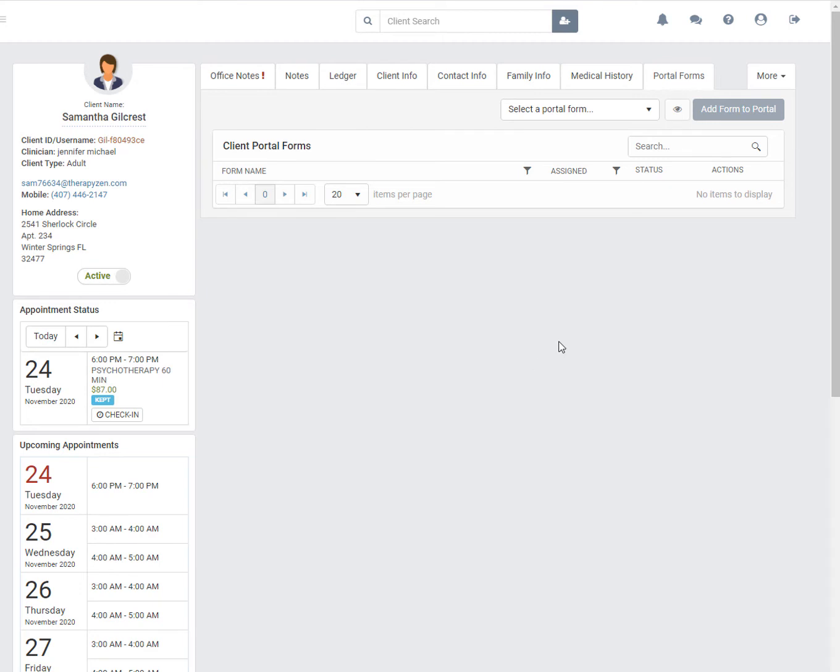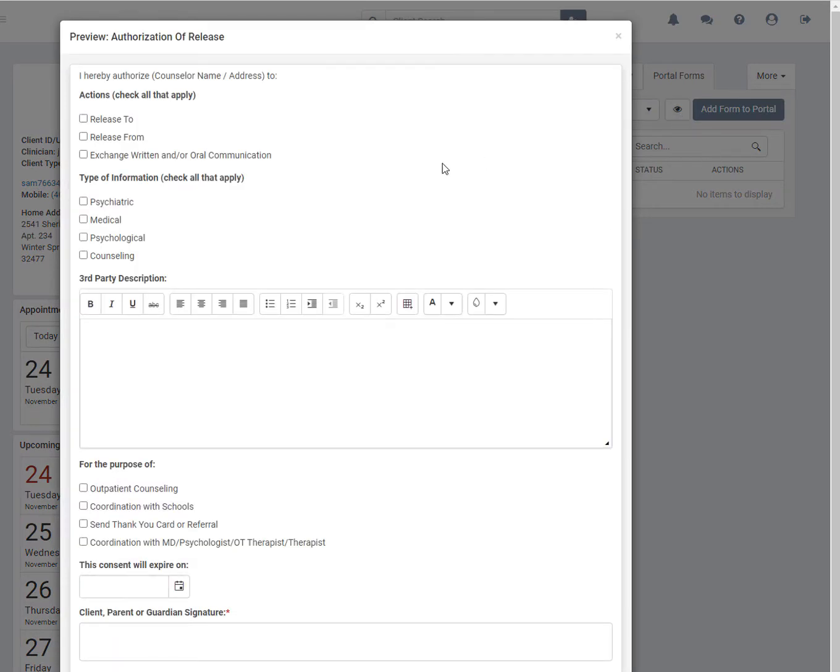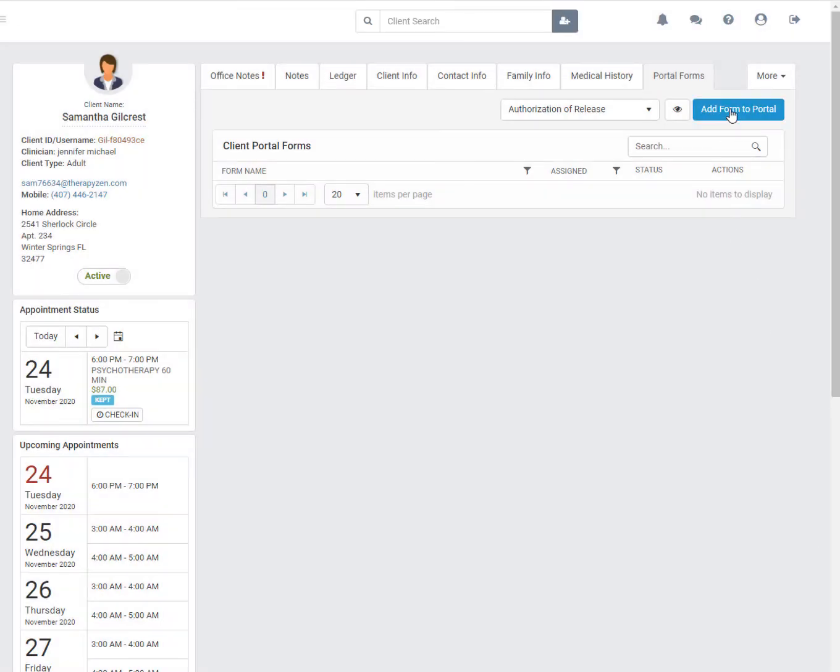So once I'm ready to start assigning forms to this client, I'll just click this drop down here, select a portal form. There are the 2 forms that I created. I'll first select the authorization of release. Now before I actually insert this form into this client's portal, I'm going to use this preview button here so I can see what the actual form looks like. If you're in a group practice setting, it's very possible that somebody else has created this form, so you might want to review it before you actually insert it into the client's portal. But once I'm happy with it, I'll go ahead and close the preview and go ahead and add it to